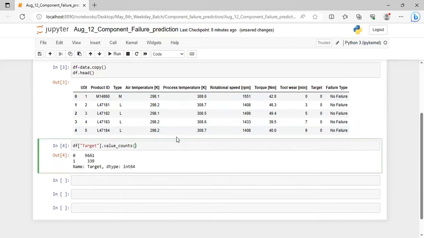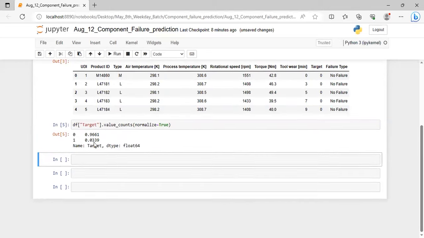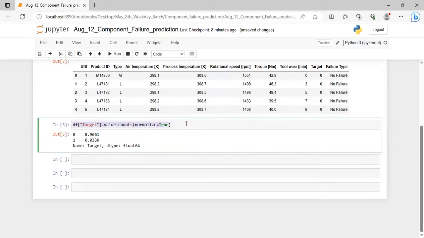So it's really a highly imbalanced data set. Normal is equal to true. One class is 96%, another class is just 3%. Right? And the same thing we can see here,